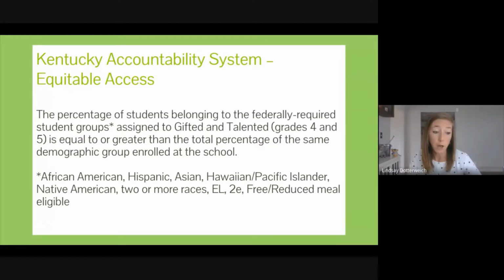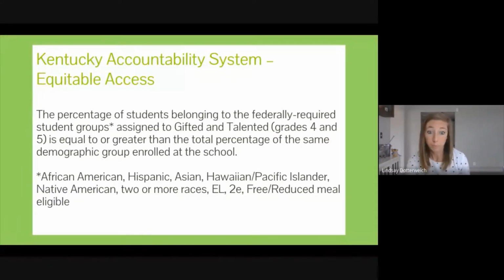So if you have a school with 50% Hispanic students, then your gifted and talented program should be made up of around 50% Hispanic students. And that's one of our goals with response lessons, is getting our data to match at the district